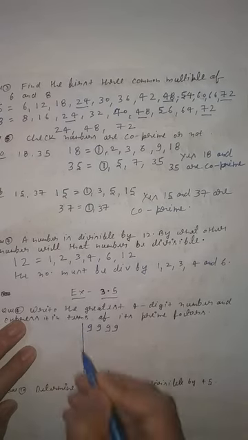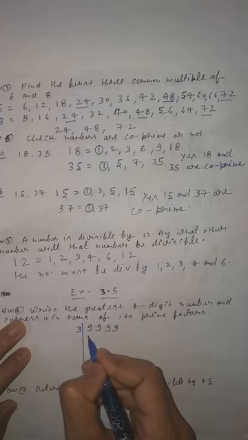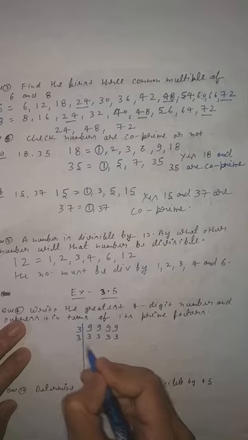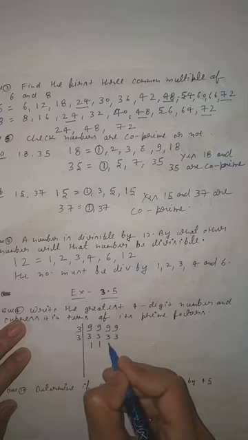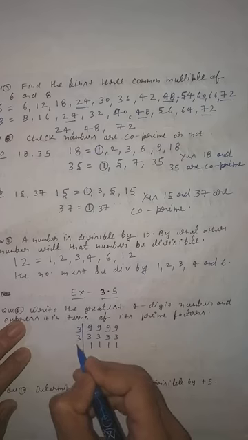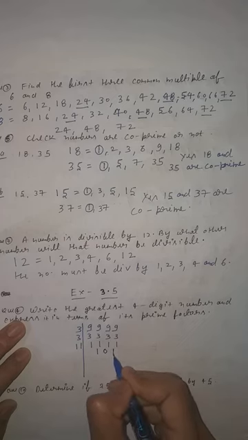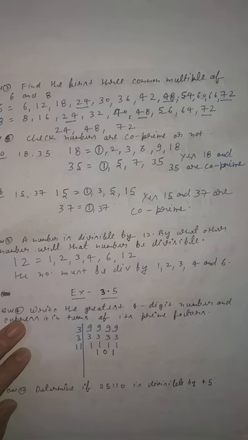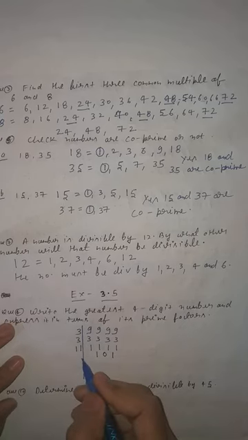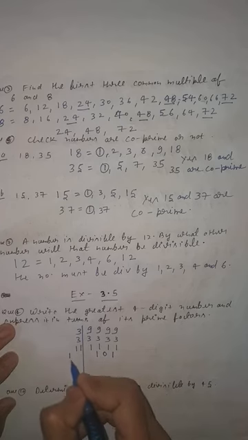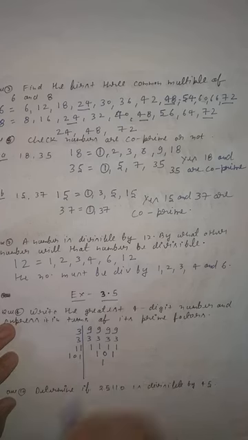Clear, students? So you have to find out the prime factorization of this. So I am using the division method. So first you will divide it by 3. 3 3 is 9, 3 3 is 9. Next is 3, 3 1 is 3. Again you will divide it by 11, 11 1 is 11. Then continuous 2 digits, so you will divide it by 0. Then again 11 1 is 11. Clear, students? Now students, you can see 101 and 101 is only divisible by itself. Clear?